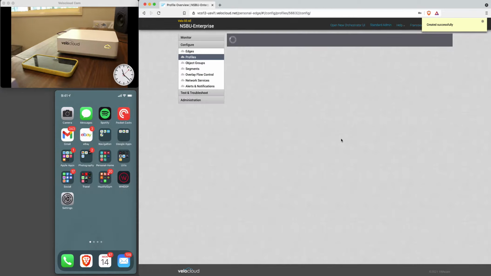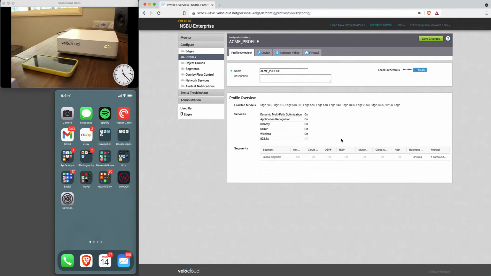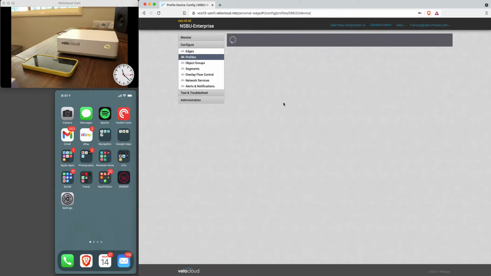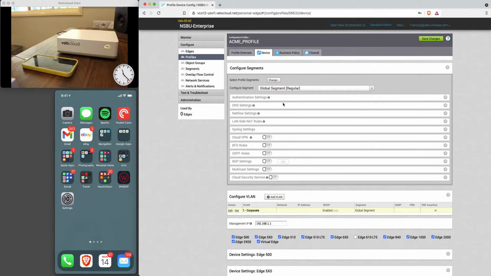And the profile contains, as I said before, just a generic configuration that every router on the planet would have. So things like DNS settings, syslog configuration, NetFlow, BGP, OSPF type configurations, authentication configurations, and we can do this on a per segment basis. And a segment is very similar to a VRF. So if we want to have unique configuration and unique topology overlay for corporate traffic and differentiated from guest Wi-Fi services, and again differentiated from PCI services that have to have their own isolated service with their